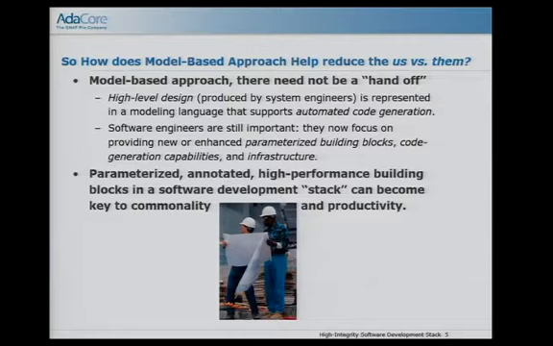And I've given them even more little permutations: parameterized, annotated, high-performance building blocks, and from our perspective, high-integrity building blocks. That is, these are things that you can actually put a lot of energy into because they're going to be reused. In a lot of ways, that is, in my view, the key to reuse: having these parameterized building blocks that have been used on past missions and so on, and are part of an overall stack, if you will, where they can be easily plugged in through modeling tools and so on.